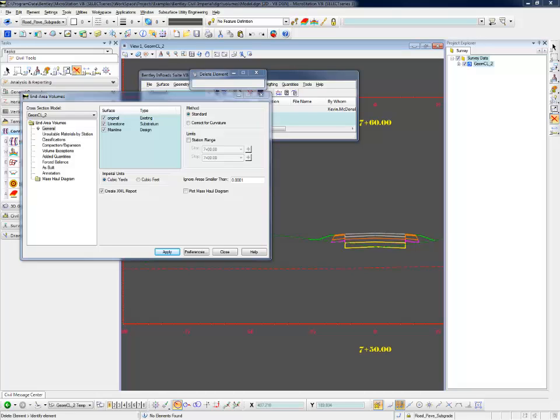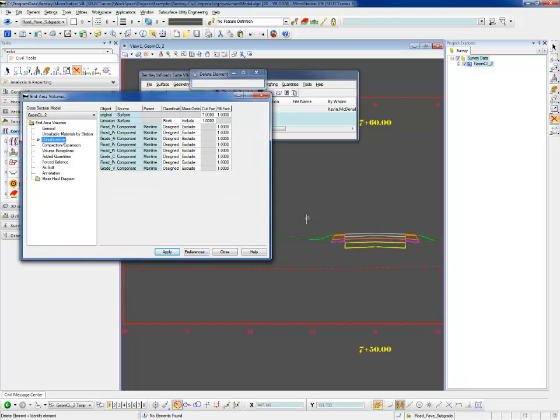In this video, we're going to talk about the classifications that are used by the end area volumes command. I have a cross-section set cut already, and I have some items in there that it's already detected in my existing ground terrain, my substratum here called limestone, and it has my mainline corridor in here as well. When I go to the classifications tab, it's detected these terrains and also all the components that are in my